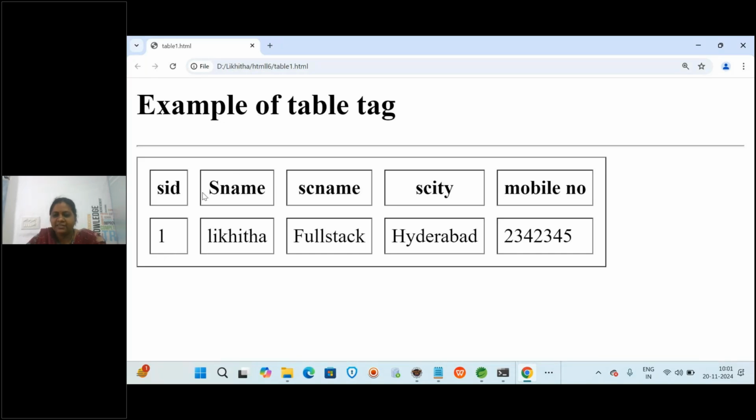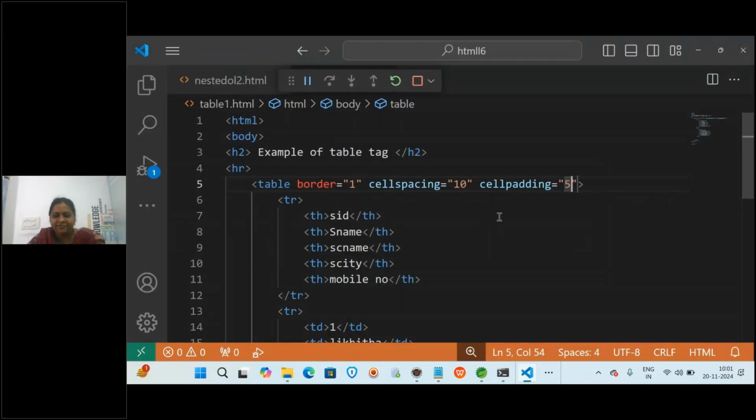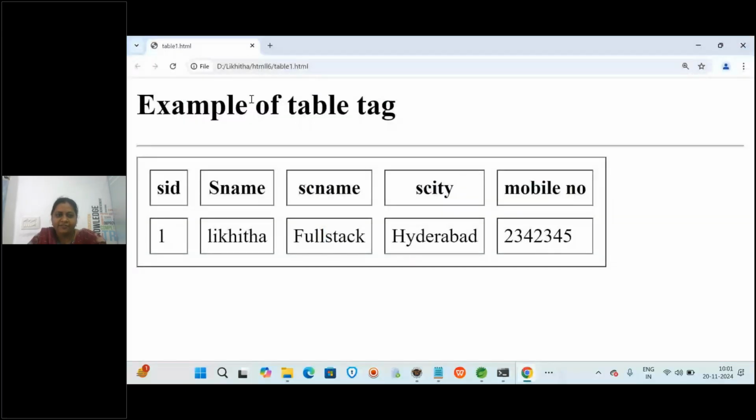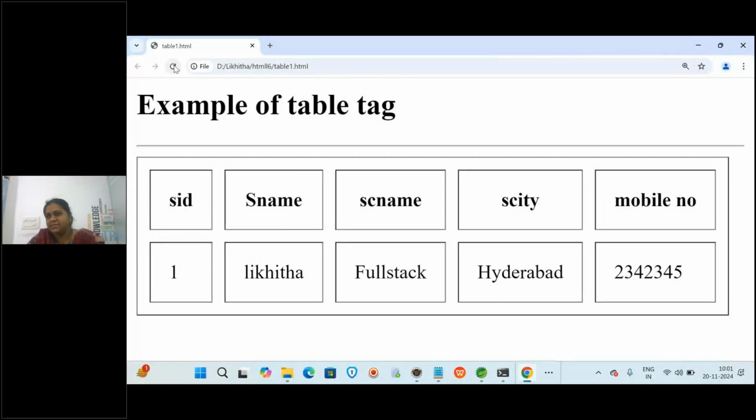Again, I'm giving the cell padding as 15. Save this, go back here, refresh. Did we get space? Yes. So it will be increasing. Spacing means between the cells. Padding means between the text and the border of the cell. That is the difference between spacing and padding.